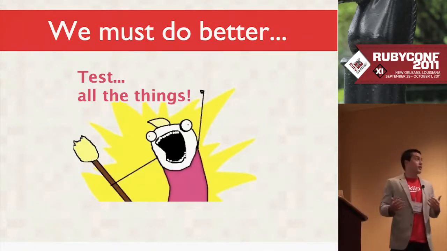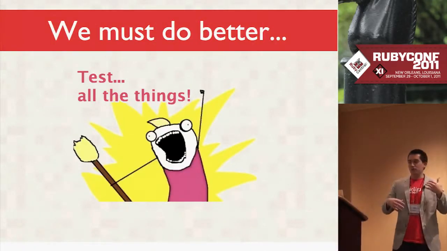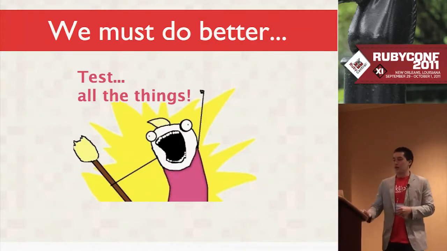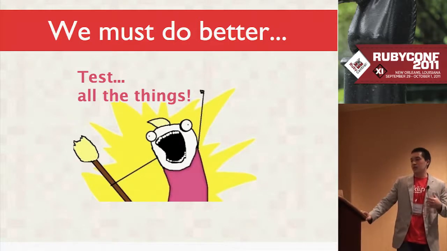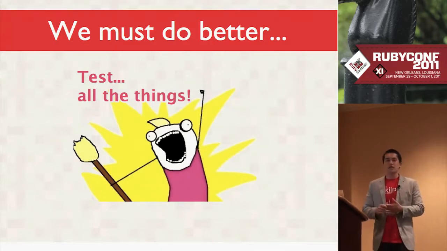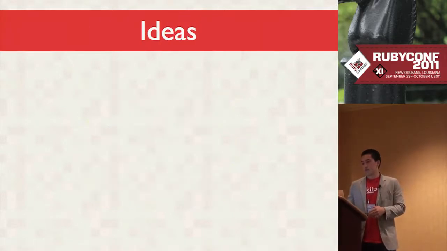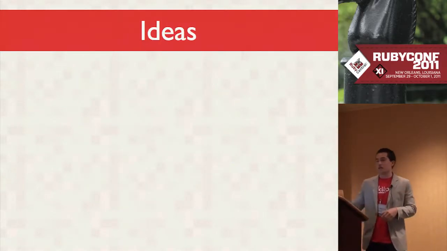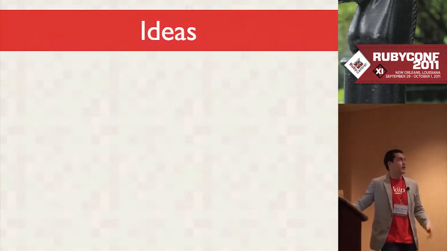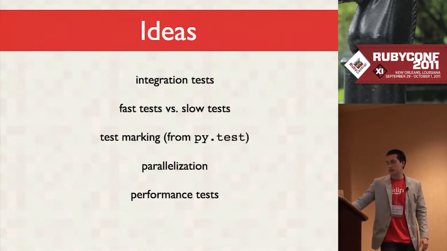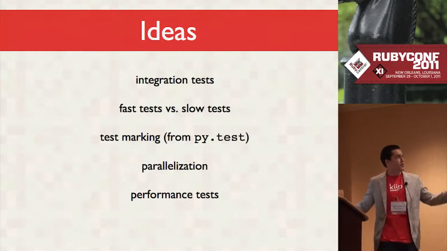So at this point, with all these ideas, we need to do a little bit better. I realized in my testing, I need to think about things a little bit differently because there's a lot of things to test, and I want to test all the things, but I want to do it efficiently, and I want to do it correctly. So I'm going to quickly shotgun out the ideas I'm going to talk about so you could quickly see the list, and then I'm going to go over each one in detail. So I think that's it. These are what I'm going to talk about today.